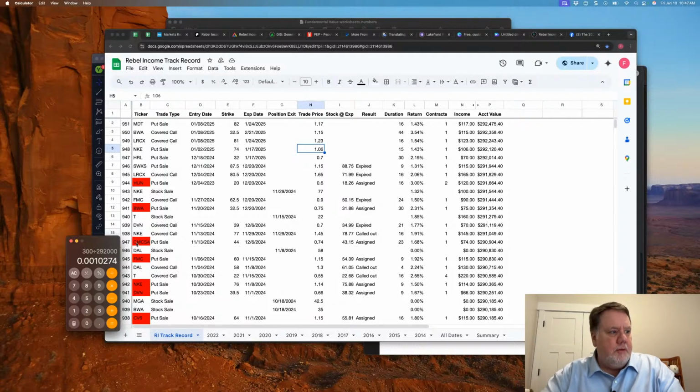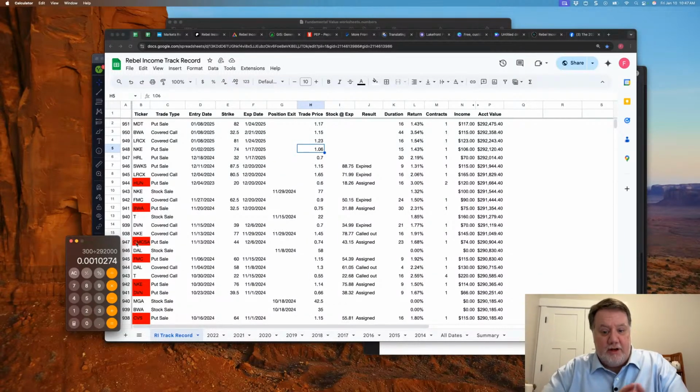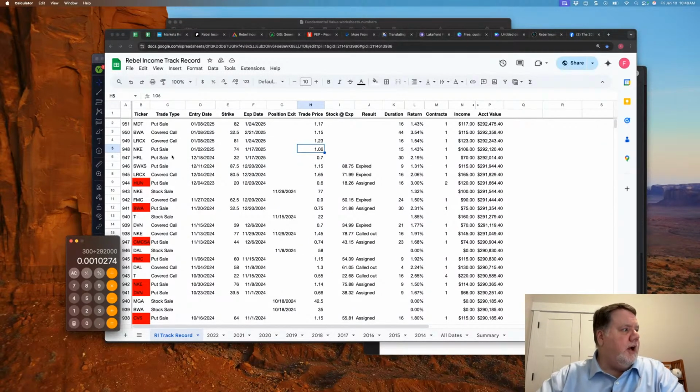You're going to be buying things back at a loss more frequently. But even a lot of our more active rollers that have been in the group are still running at success rates of around 80%. And when you're winning 80% of the time versus about 20% of losses, and you're keeping them small like this, you're doing extremely well. Your winning trades are going to make up the difference for what you're losing on these losing trades by far.